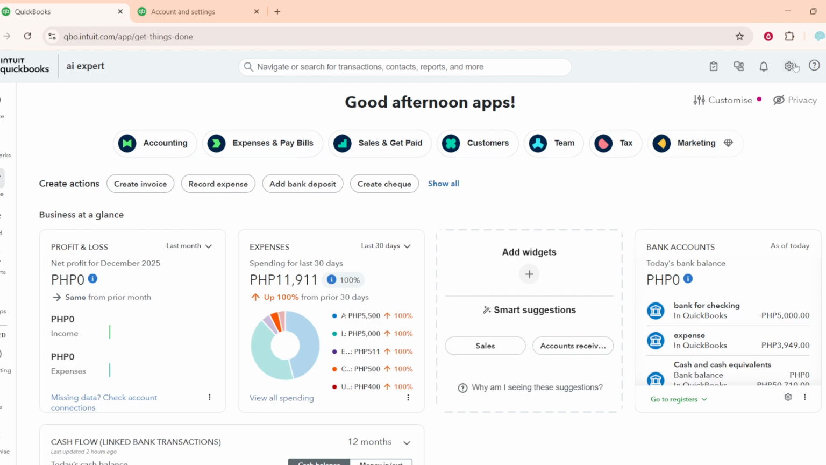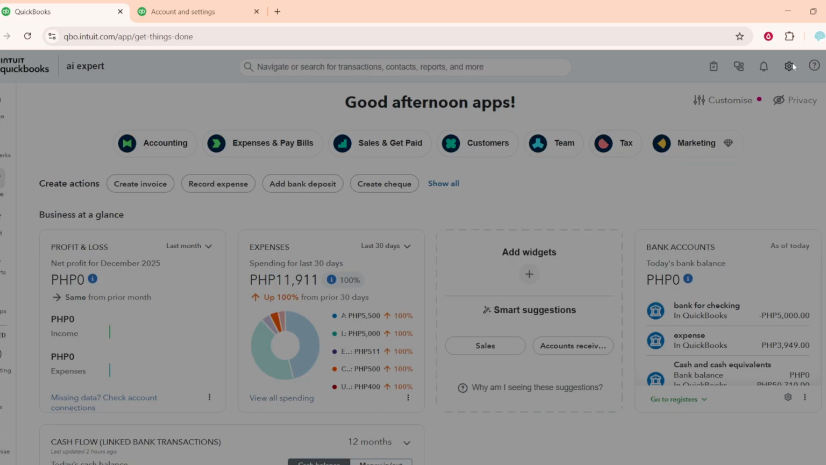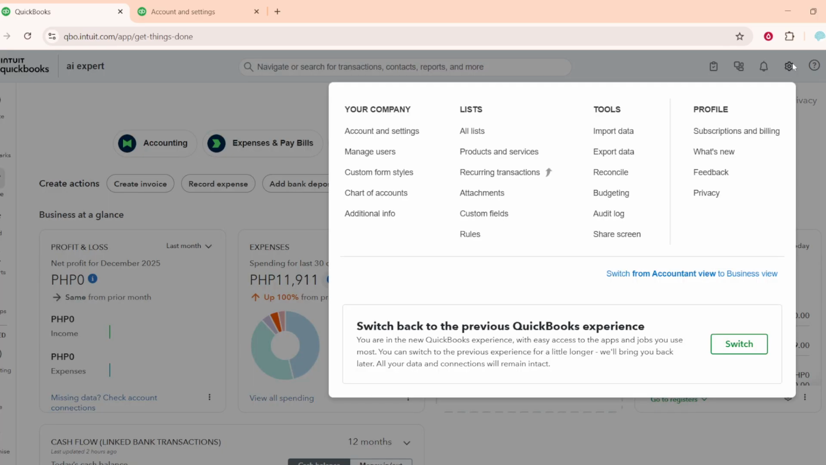Let's begin by opening your settings. In the top right corner of QuickBooks Online, click the gear icon. Under the Your Company column, choose Account and Settings. This is where all the behind-the-scenes preferences live, so any changes here affect how your books behave across the entire